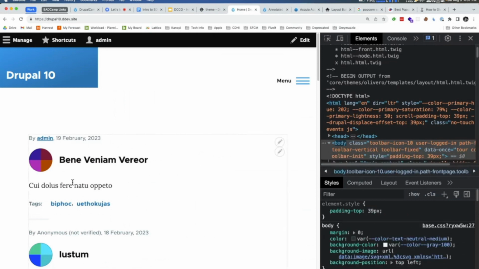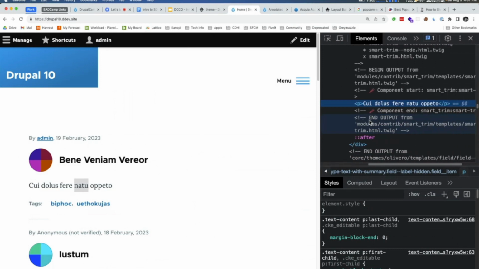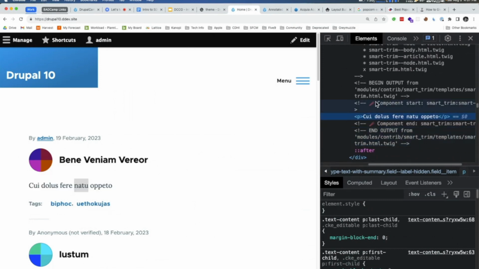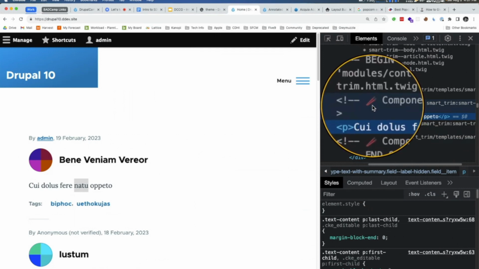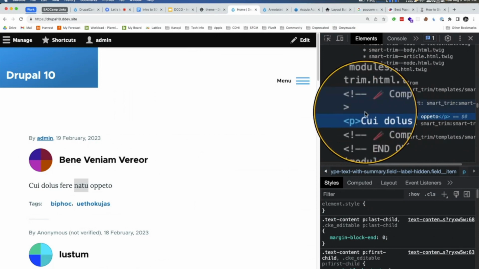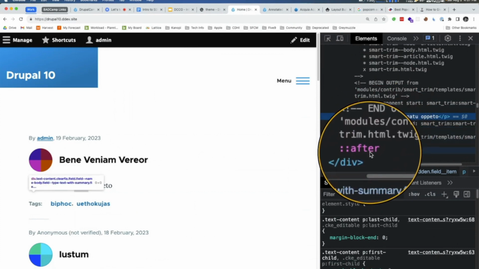did it work? So we go here, inspect, and yes, it did, which is neat because you can actually see one of the other cool things that they did. If you take a look at what the component start looks like, they actually add this really neat little favicon on there so that you can see that's where the component starts, that's where the component ends.